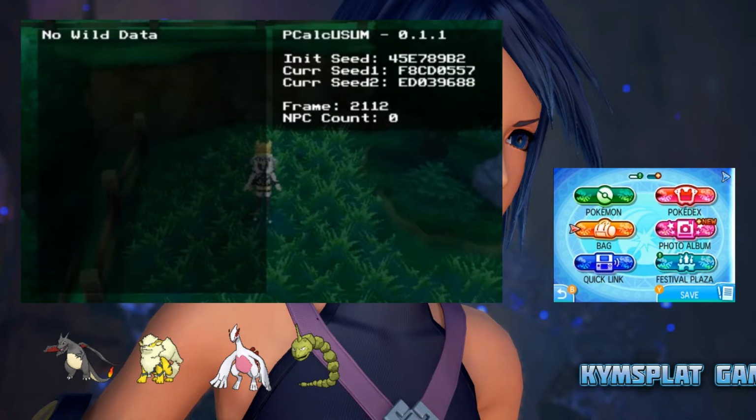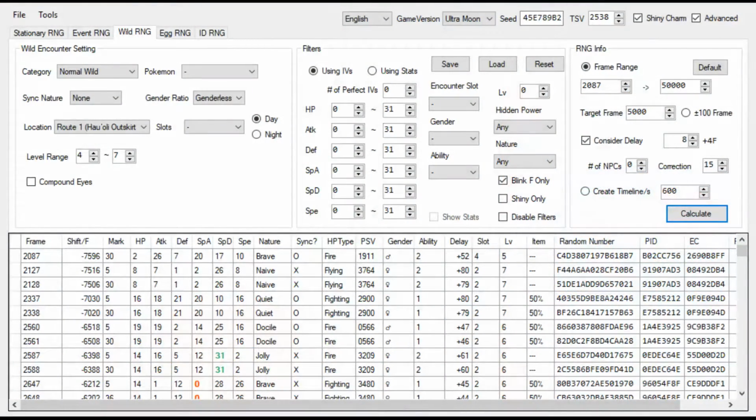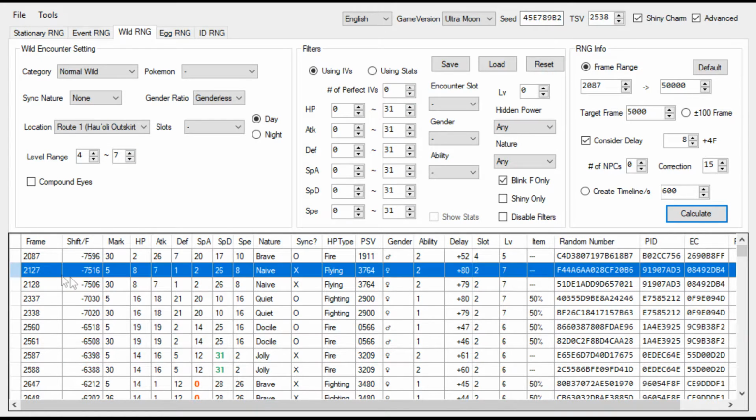Well, it's the first time I've ever seen the frames advance in ones, so maybe we'll be able to get to it. 2127, great. So now we're at 2127. We can jump back over into the RNG tool, set 2127 as our starting frame, and then if we click create timeline,